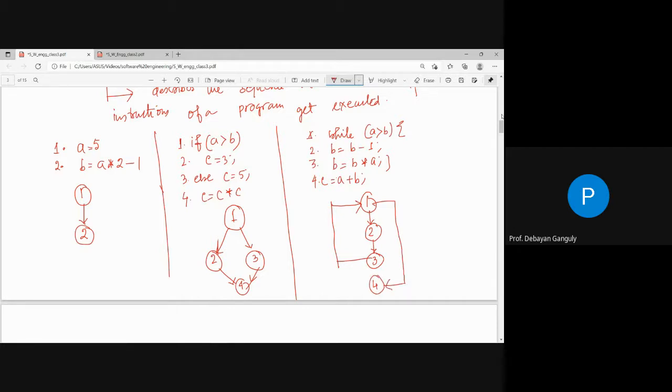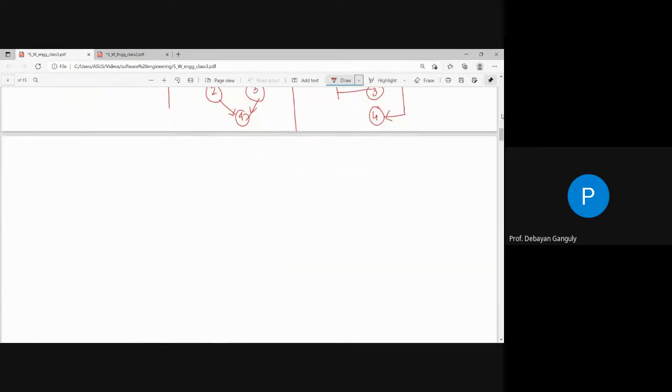So these are the examples, right? So what we will get is this CFG, that means this control flow graph, which is a directed graph consisting of a set of nodes and edges, right? And that particular control flow graph will be helpful for designing the cyclomatic complexity. So this particular CFG is nothing but a directed graph consisting